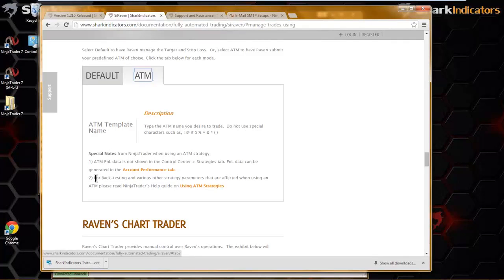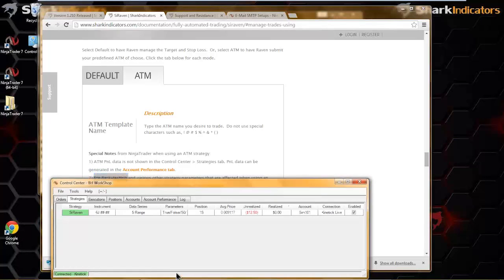All right, so for backtesting in ATM, there's a link to NinjaTrader's page on using an ATM strategy, and I'll save you guys the time, but essentially what that says is that NinjaTrader is not capable of backtesting their ATMs. So there is a workaround solution, and that is